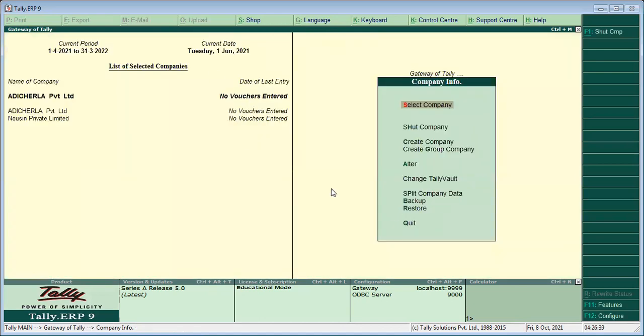So this is the use of company info in Gateway of Tally. Today we learned about create company, alter company, shut company, and select company. Thank you.